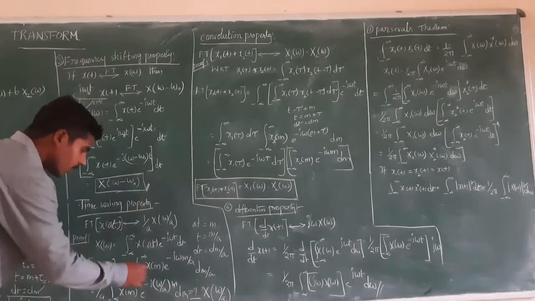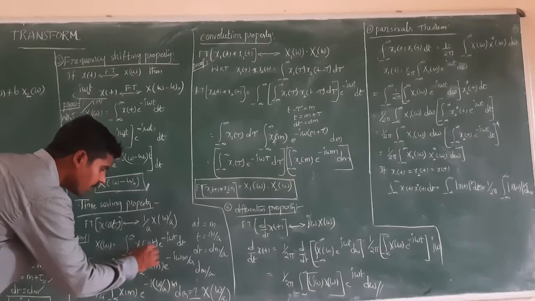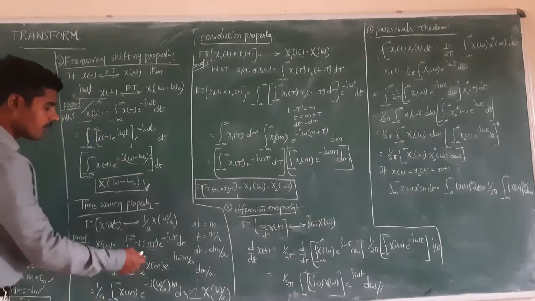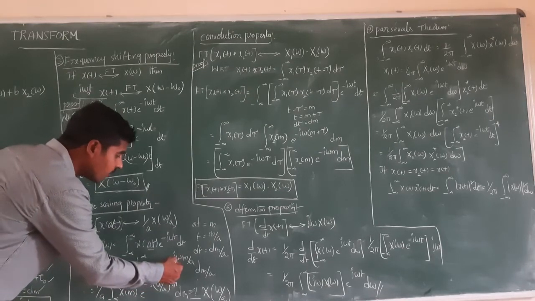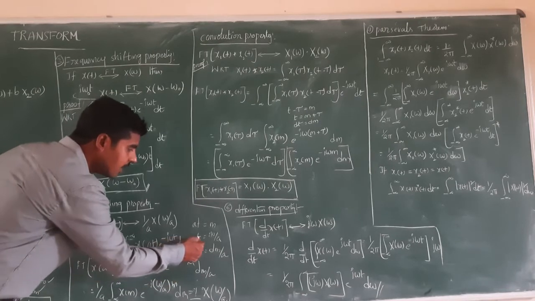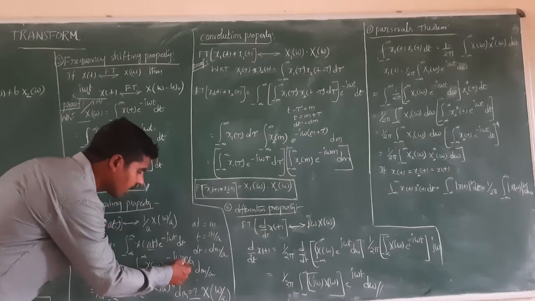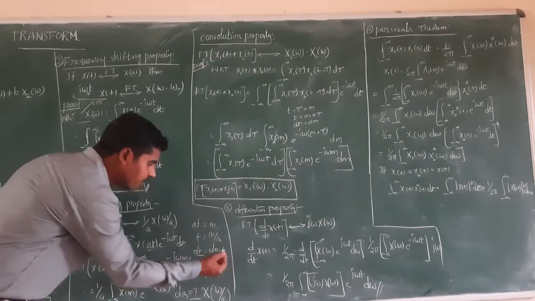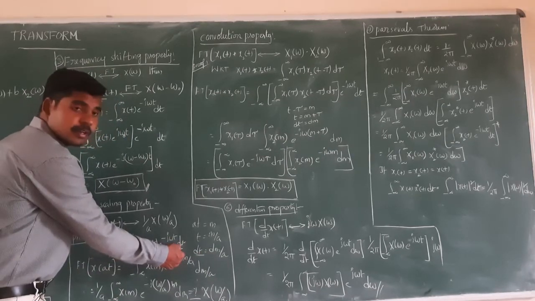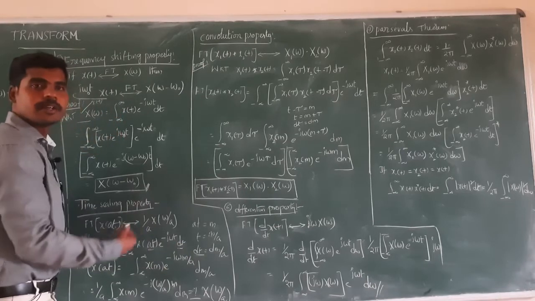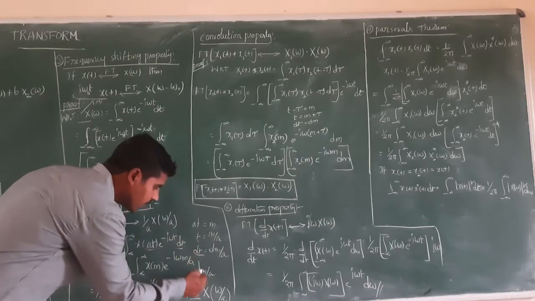Now I will replace the term: the Fourier transform is equal to integral from minus infinity to infinity x of at. Here we assume that at is equal to m, therefore I can replace it with m, e power minus j omega, and here t is equal to m by a, so you replace t with m by a directly. After that dt is equal to dm by a. In the previous case dt was the time domain variable, and here also it is the time domain; we just consider a dummy variable, so dt is changed to dm by a.